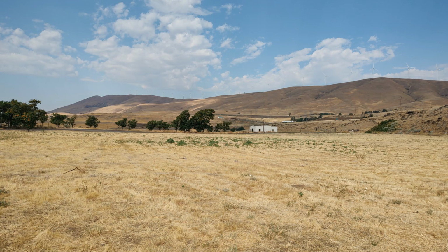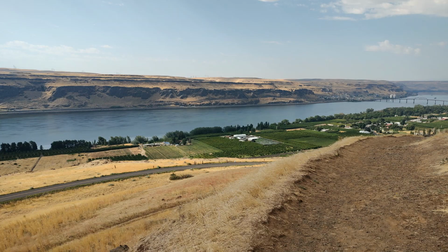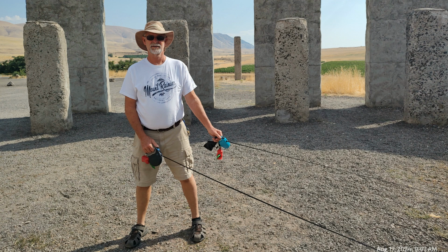And what he did, he bought about 6,000 acres in this area up in the dry hills of Washington, and he developed a city here called Maryhill. He had a church built, he had buildings, he built a hotel on this spot overlooking the Columbia River. And then from 1918 to 1929, he constructed a replica of Stonehenge. Now that's about the only thing that's still left from Sam Hill's legacy in this area